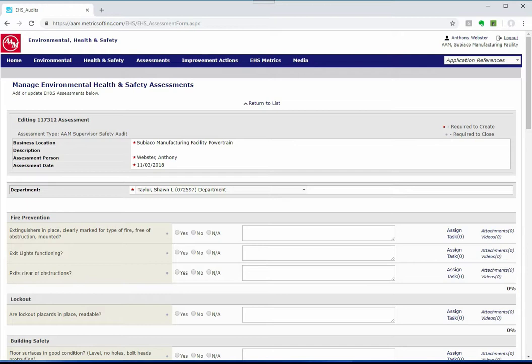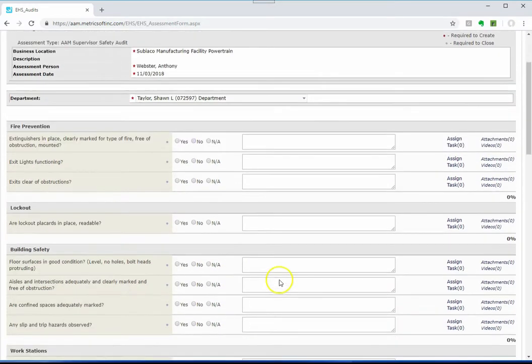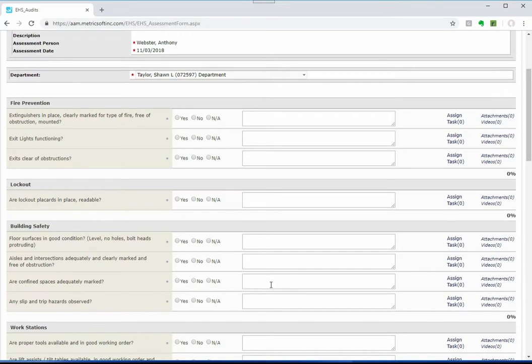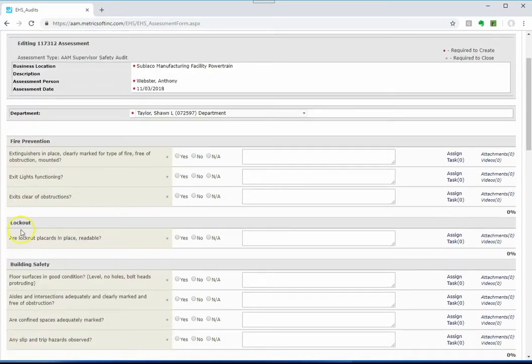We do a lot of assessments, and we fix some items on the fly, but there are things that we need to assign. Those need to be assigned via Metricsoft so that they can be tracked. I'm going to skip down to the area where I found a particular item that I needed to assign a task to, the lockout. I noted that in this particular area that I was looking at, one of the lockout